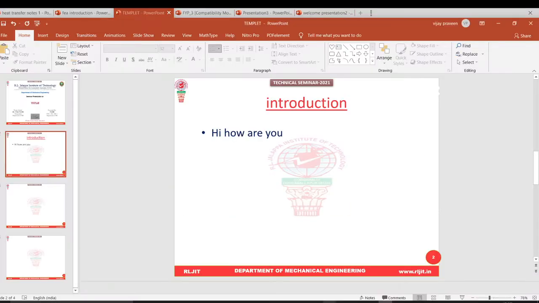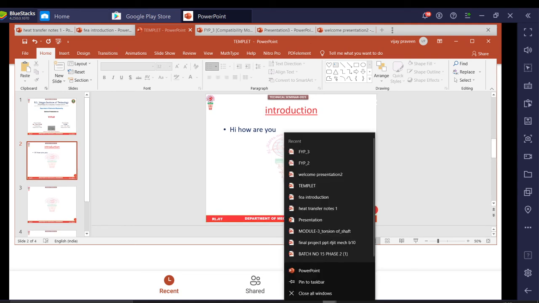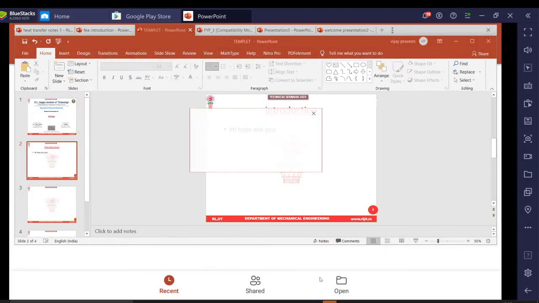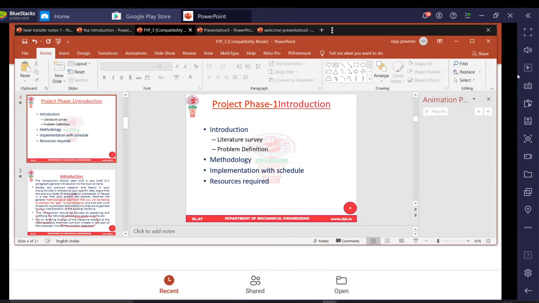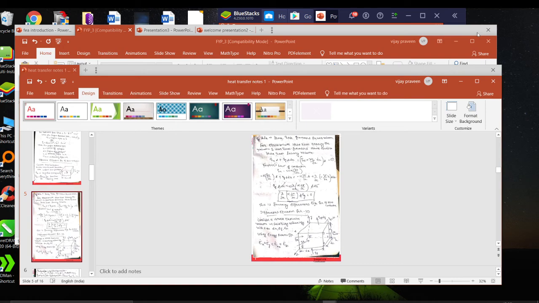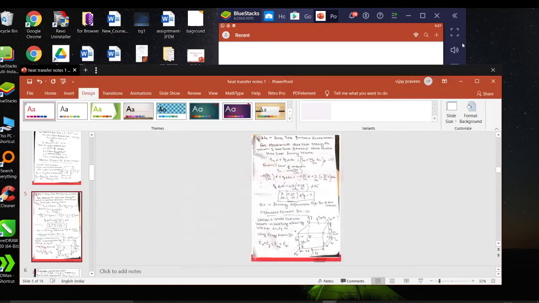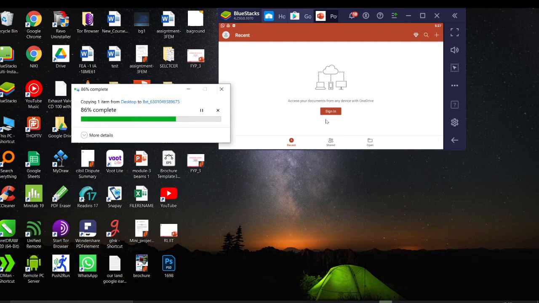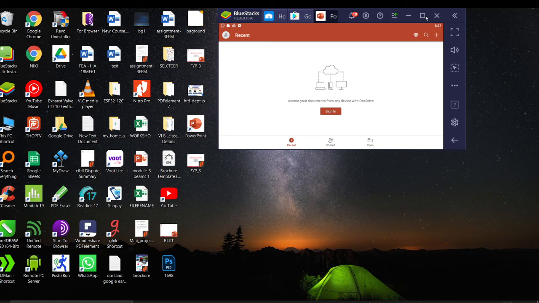Don't save it. Okay, wait. I will close all these PPTs now. Okay, the template is already there. Don't save. So I will upload my template. 1 minute. I haven't uploaded to the Android software yet. I'm using this one now. Okay, I will upload now. Okay, it's copied now. Now I'll open the template.